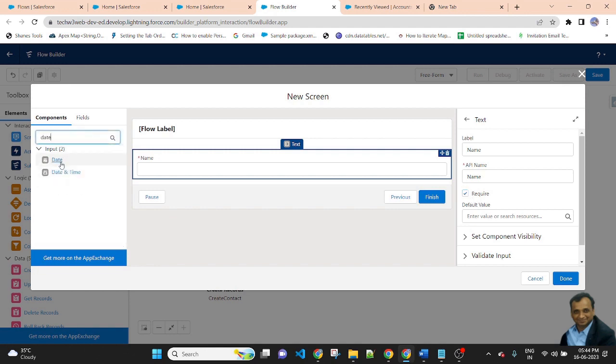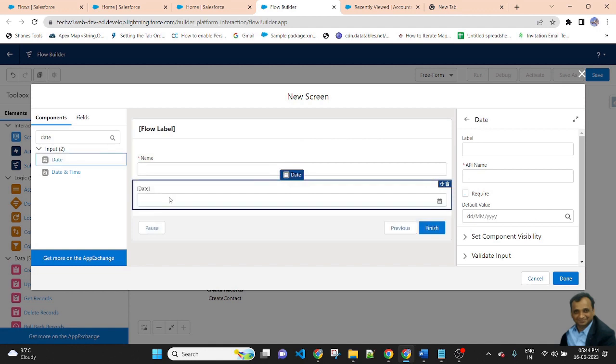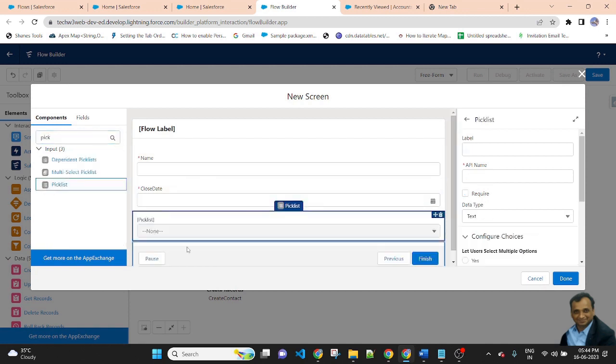Close date is a date field, so I will select date. And stage name, make it required also. Stage name is a pick list value, so select pick list here.